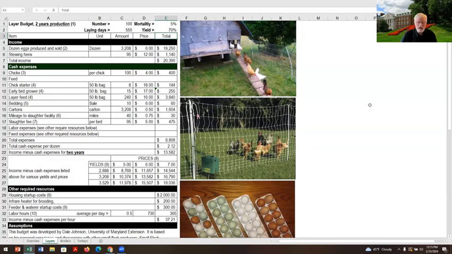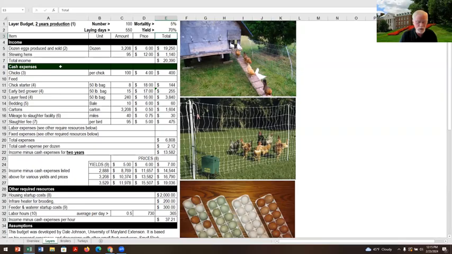All right, now I come down to my expenses. And before I take off on expenses, I just want to say that these budgets are available to you, but you need to go through each line and make it your own. What are you going to put on each line? What formula are you going to put in? What are your numbers going to be? What are your prices going to be? What's your yield going to be? You can change the formulas. You can add rows if you need to. You can subtract rows. I think it's a pretty good budget, and you might find it useful. But there may be things that you need to add or subtract out of here, or definitely things that you need to change if you do this budget.